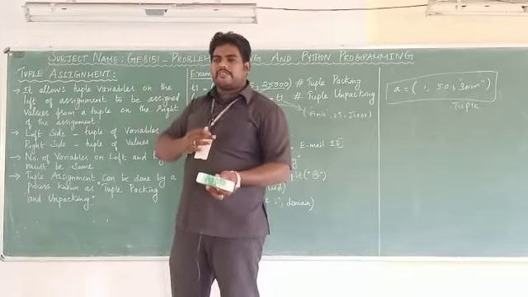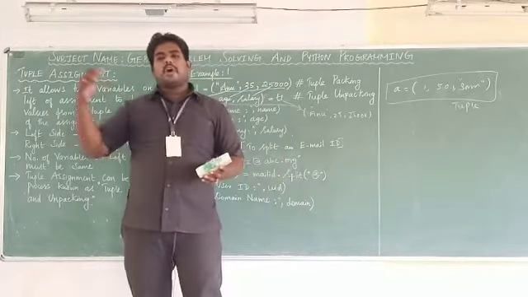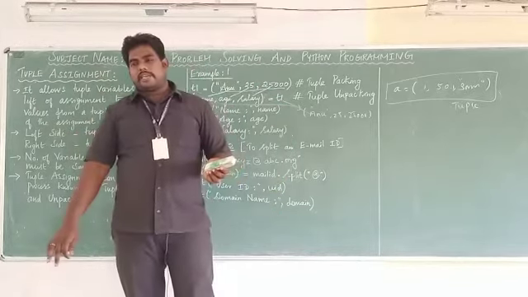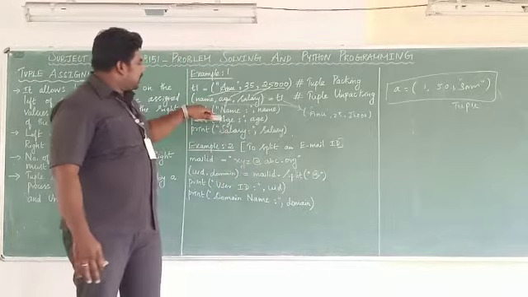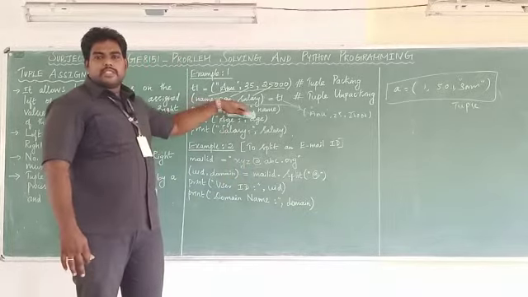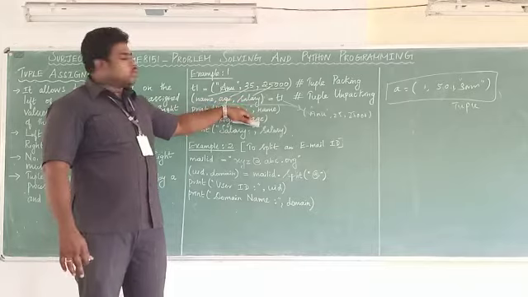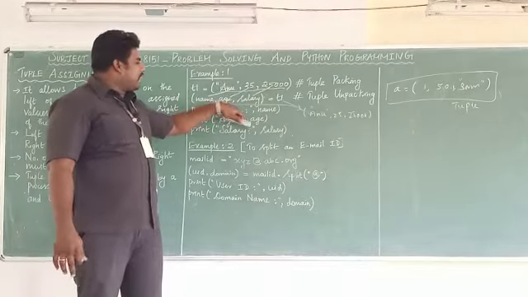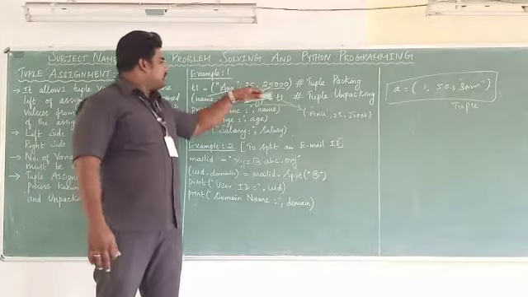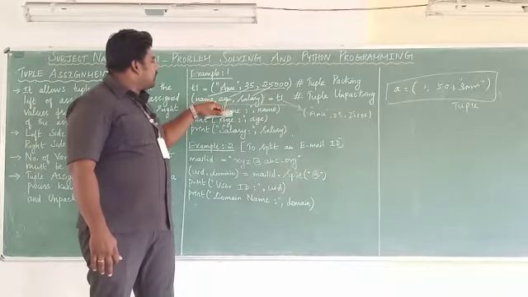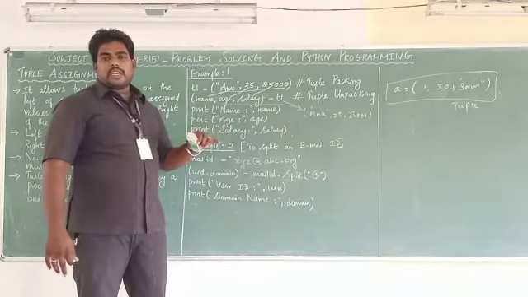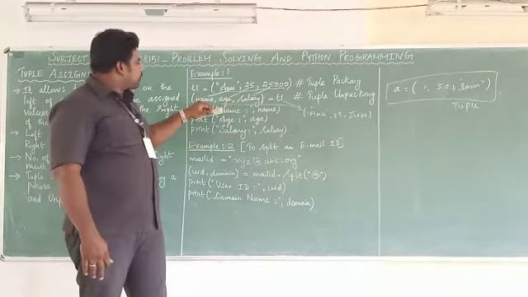Whatever is present on the left side, we can assign multiple variables at a time. The real meaning here is: how many variables are there? Three variables are there. So at a time, for three variables, I am assigning three values. All of you clear? Once again I am explaining here.